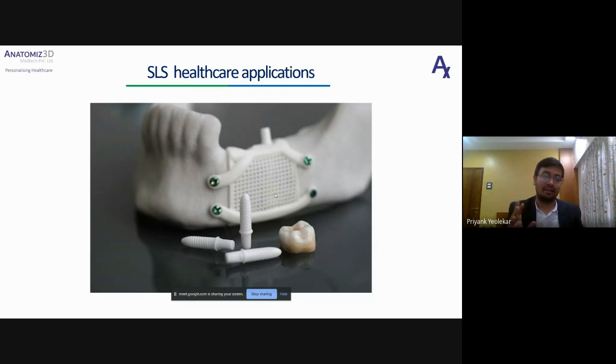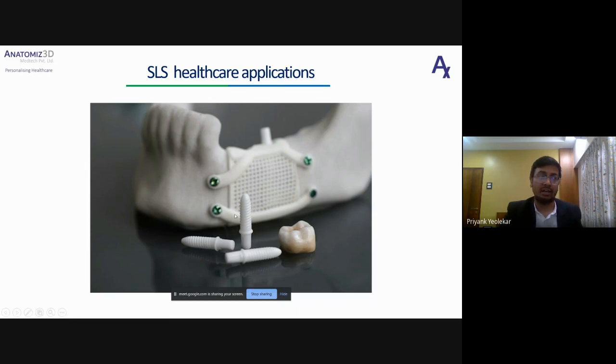So they are a very good candidate for making guides, because you can place them perfectly on the patient's anatomy. So this is how it is used in